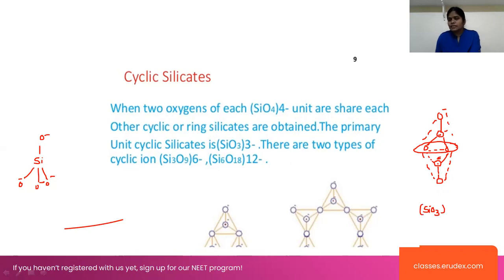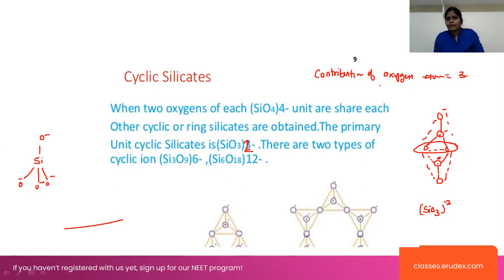And what are the charges here in this case? This will be having the charges of 2 minus here. SiO3 2 minus here, but not 3 minus here. Look at, this is the 2 minus. Here we are taking only this single unit here. In this case of the single unit, the contribution of oxygen atoms will be